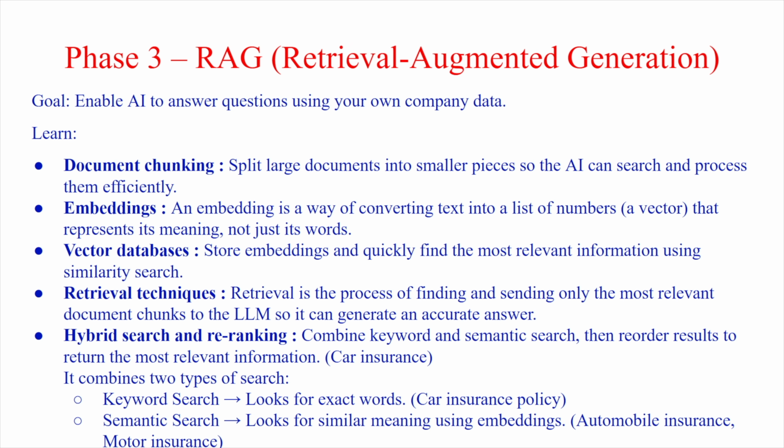The third one is a vector database which stores those embeddings so that you can quickly find that information from your chunked document. The fourth is very important, which is the retrieval technique, because it is a process of finding and sending only the most relevant chunk to the LLM so that it can guarantee an accurate answer. So in the first part, you have chunked it. In the second and third parts, you have stored the embeddings. And in the fourth one, you find only the relevant chunk. So there are many policies like the car insurance policy. You ignore it. There is a policy called the employee BFF policy and many other policies.